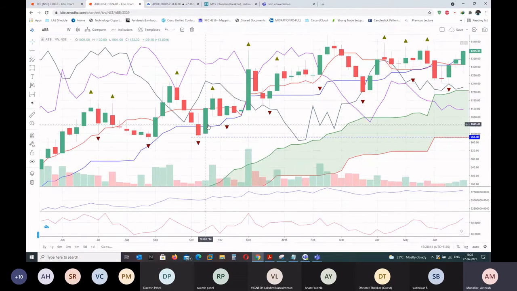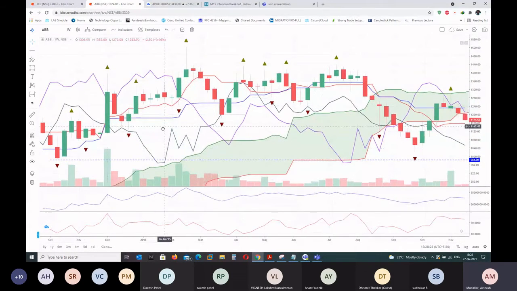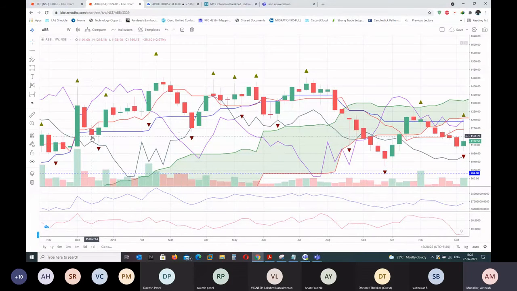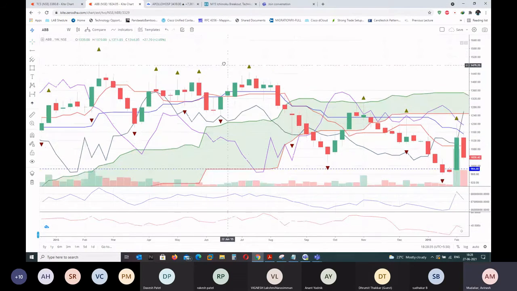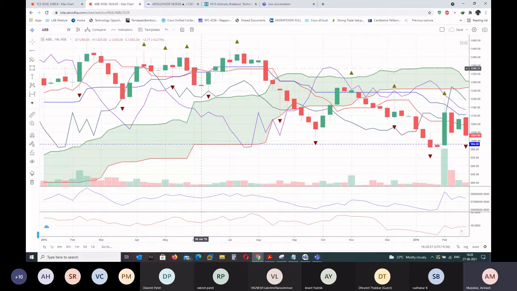Once you put the stop loss at 984, it should hit. But it did not hit. You can see here it bounced off again. The reason is the trend was strong, so there was a Kijun-sen bounce. Then this next one is not a strength candle, so you will not exit here. And this is a strength candle, but again you saw a bounce here, so you did not exit. Now again, this is a strength candle. The low is 1255.20. Let's say you keep a 1254 stop loss. The very next candle is 1245, so you exit.